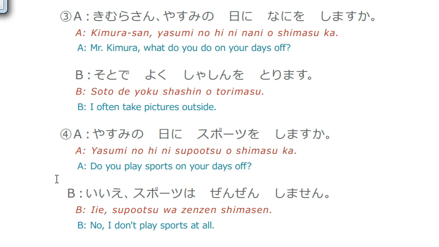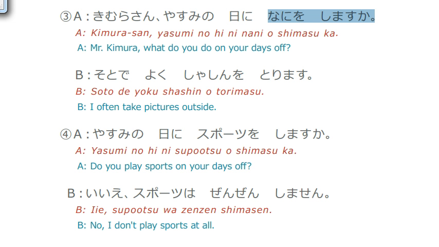Moving on. 休みの日に何をしますか? What do you do on your days off? 何をしますか? What do you do? 休みの日 is a holiday where the particle ni, remember, one of the uses of the particle ni is to show when or what time you do an activity. So particle ni after the time, or in this case during your holidays. What do you do on your holidays or days off?